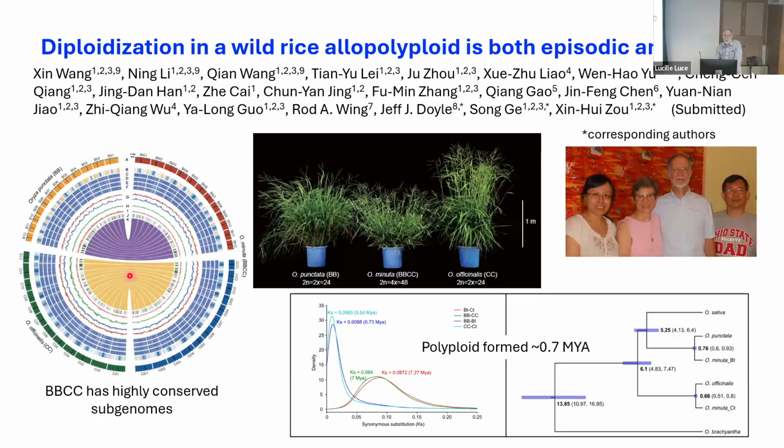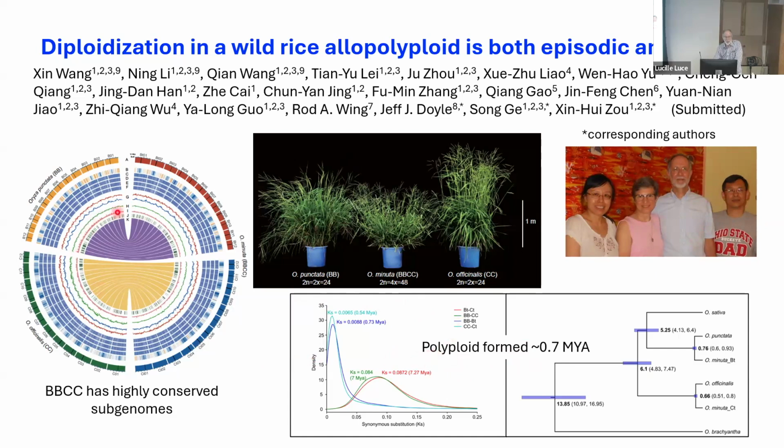A second project that I was working on quite a bit this summer was mainly led by Zhenwei Zhu here. Zhenwei and her mentor Song Ge at the Botanical Institute in Beijing have been working on rice allopolyploids for many years. And this particular project was a genome project in which, looking at this rice that you see here, Oryza minuta, with 48 chromosomes, derived from these two diploid species here, formed around 700,000 years ago, traced the genomes using